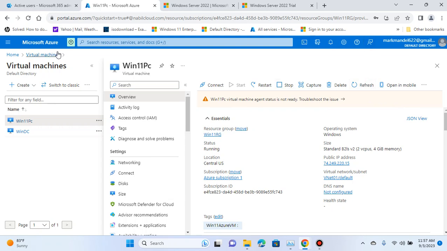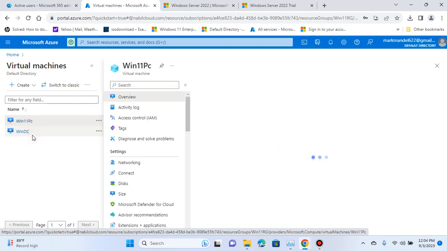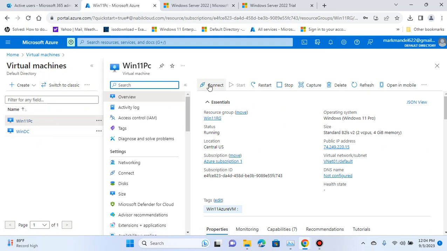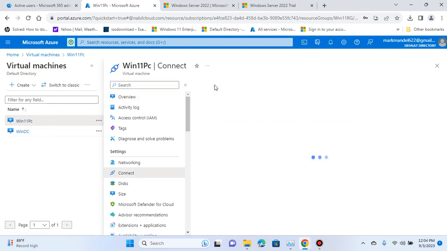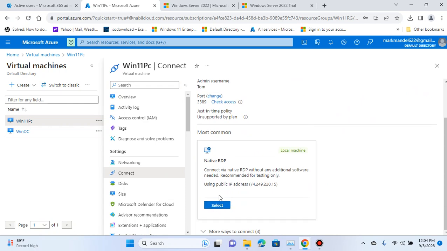It just came up, and hopefully it will say it's running. So we're going to stay put in here. So we're going to click on the virtual machine that we created. Then we're going to go ahead and try to connect. We're going to initiate or select